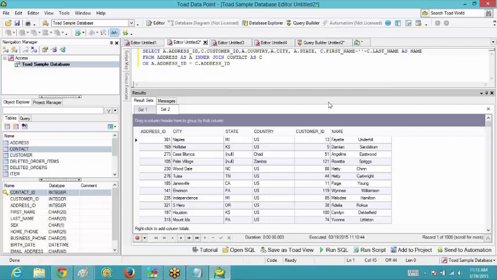Now execute it. Let me see whether the commas are proper or not. After the address ID, then customer ID, country, city, state.